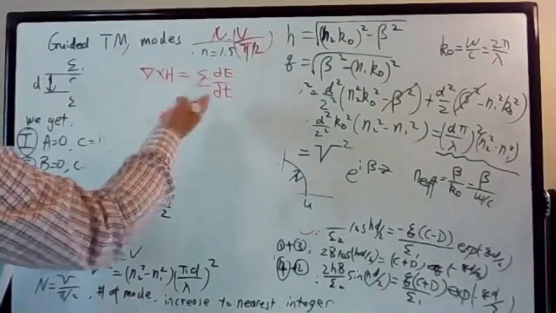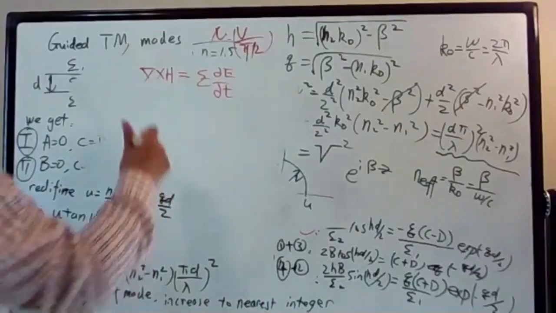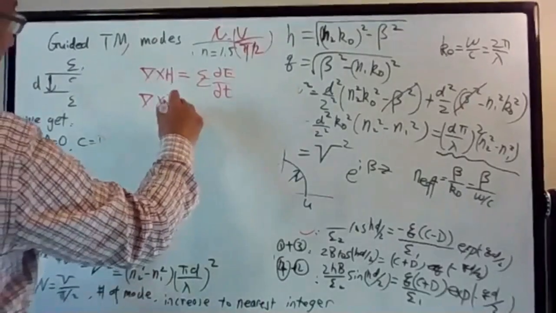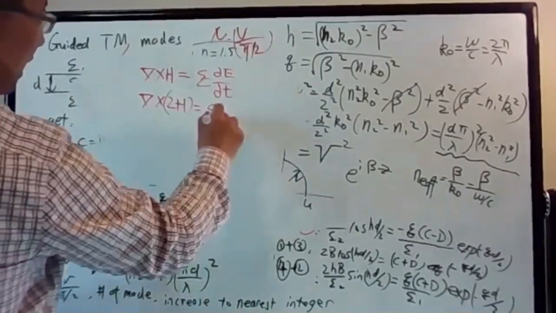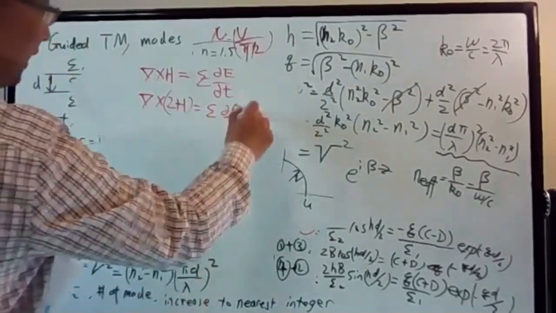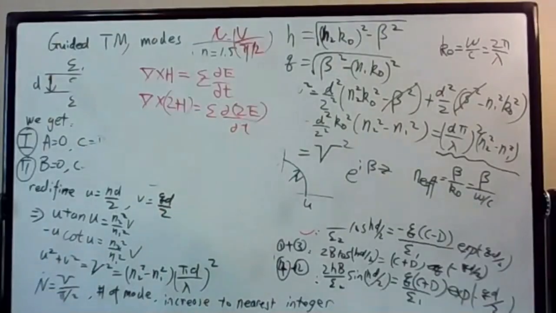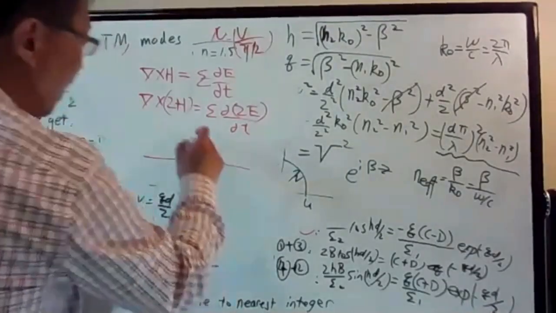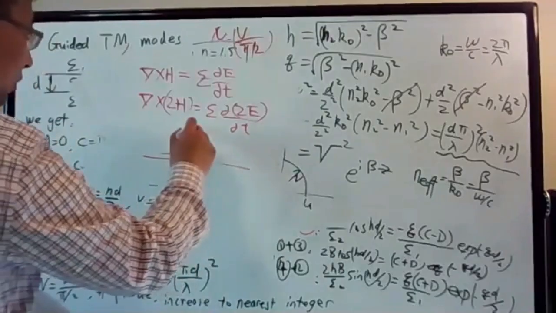So if I multiply by a factor of 2, so 2H equals epsilon 2E over t, it is still a solution. So when we plot this mode field,